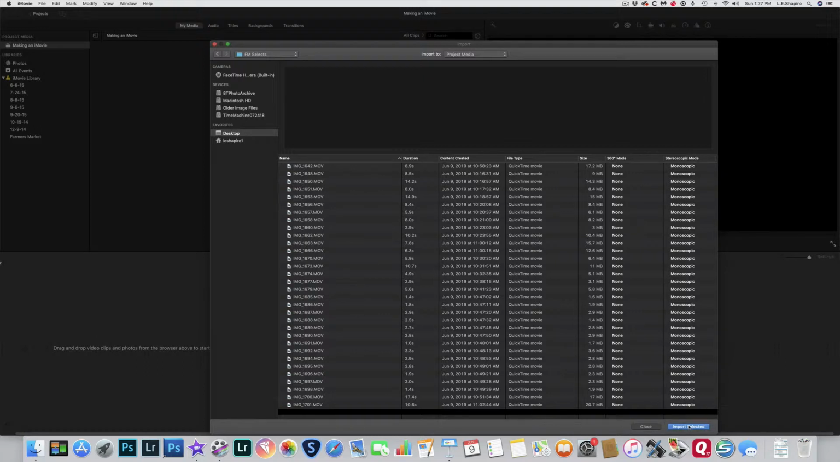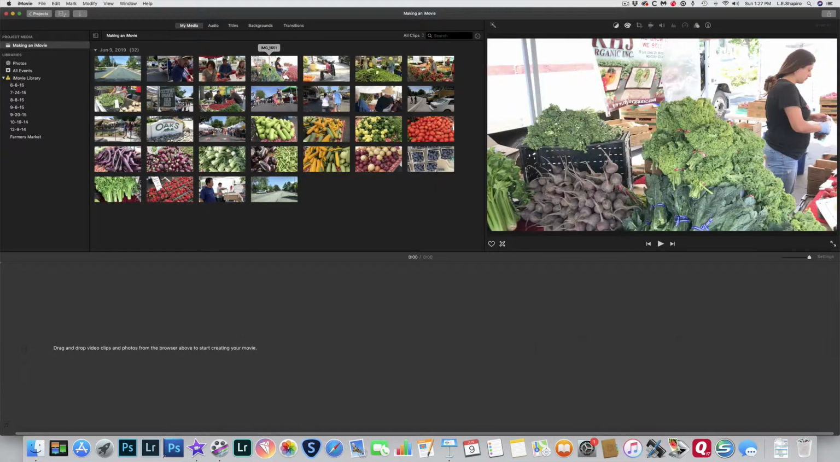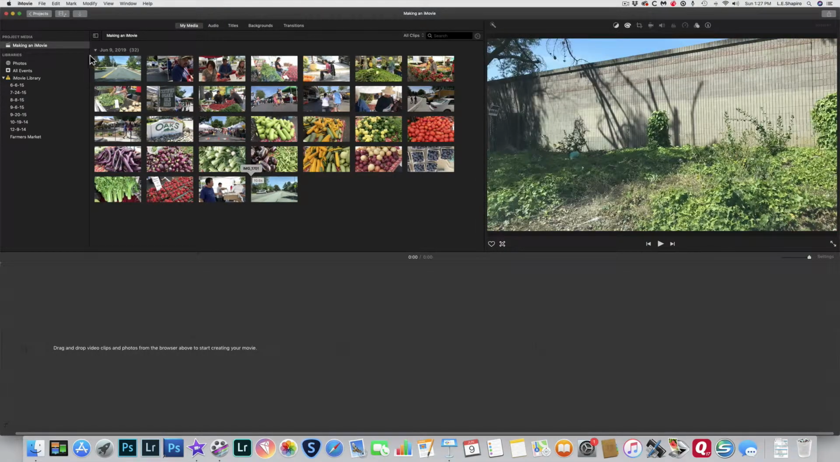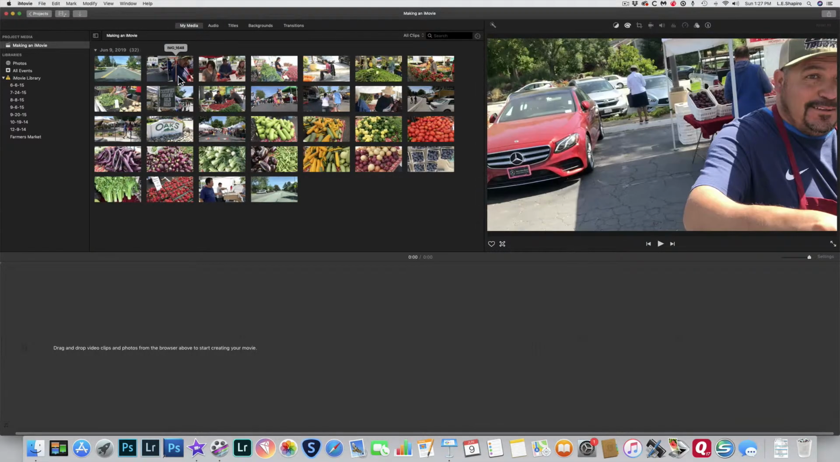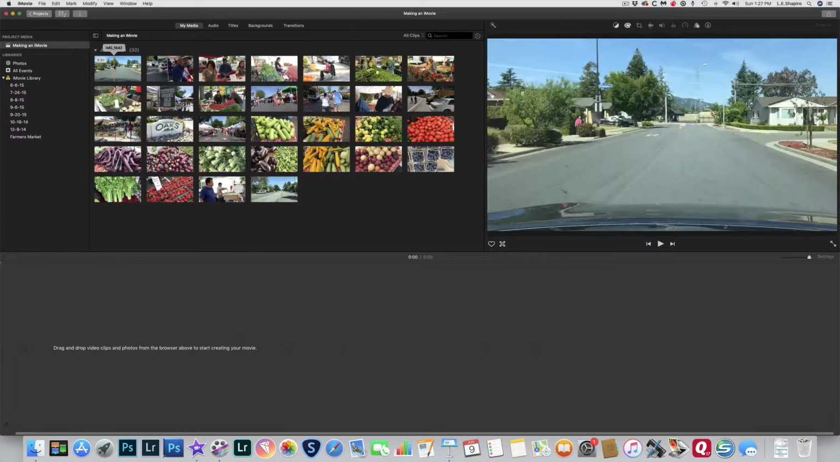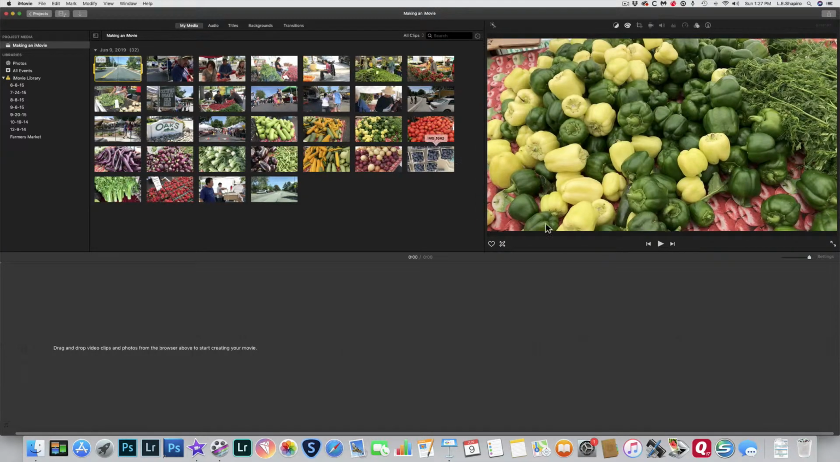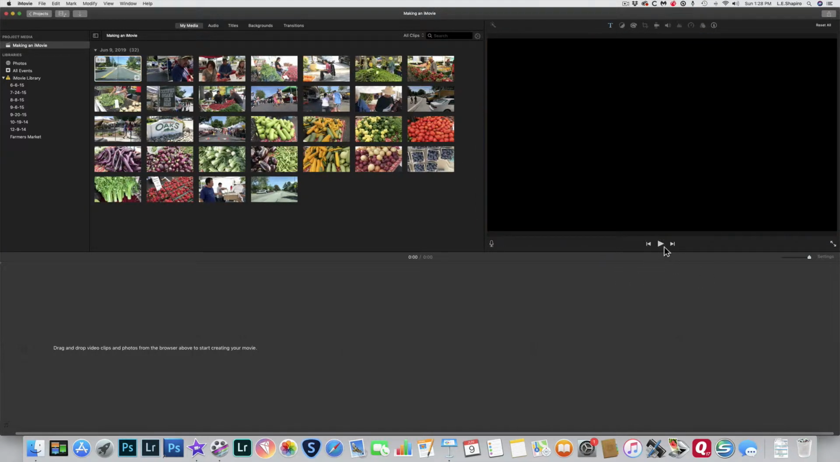Down here you'll see the import, and what it basically does is it brings in all the footage that I have selected. Now, what's nice about this is that I actually can do quite a number of things. When I started off, if I select this one and I just play it on the view screen here,